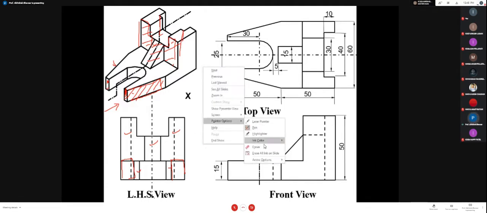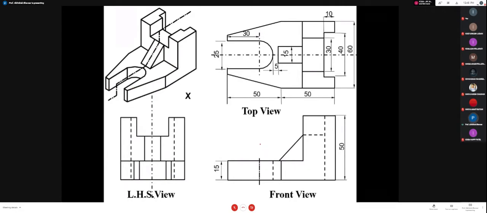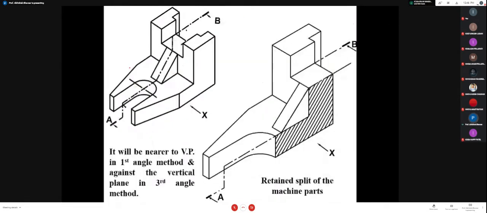Now next, what we have to draw is the sectional view. Okay, so if we want to draw the sectional view, only one view is going to change. Instead of front view, we have to draw the sectional front view. This as it is, you don't have to make any change. So we have to cut a job from here. We are going to remove this portion, and the rest of the portion, how it is looking, that we are going to draw. So see how it will look after cutting. After cutting, your job is going to look like this.